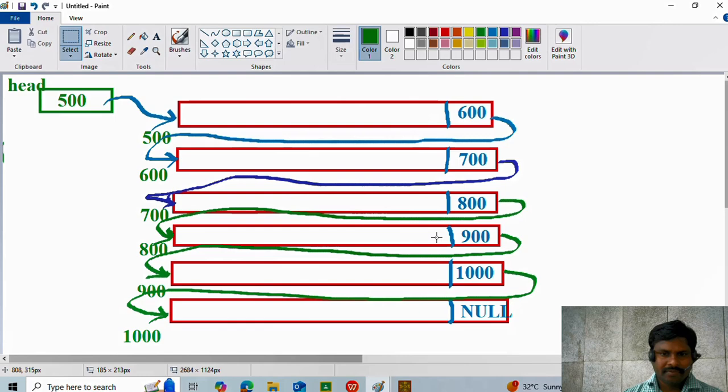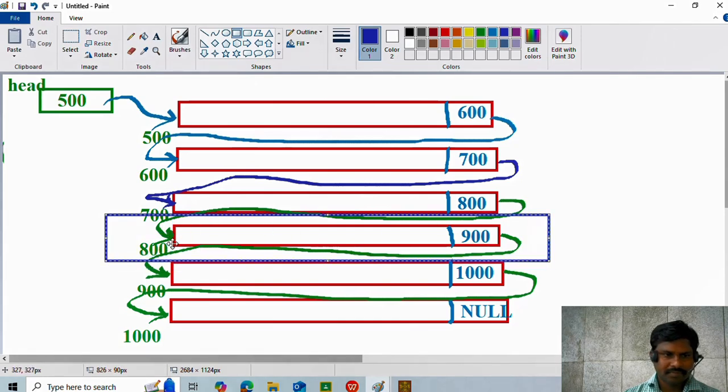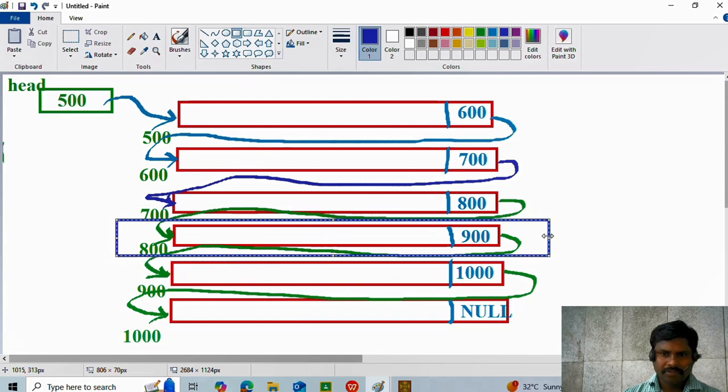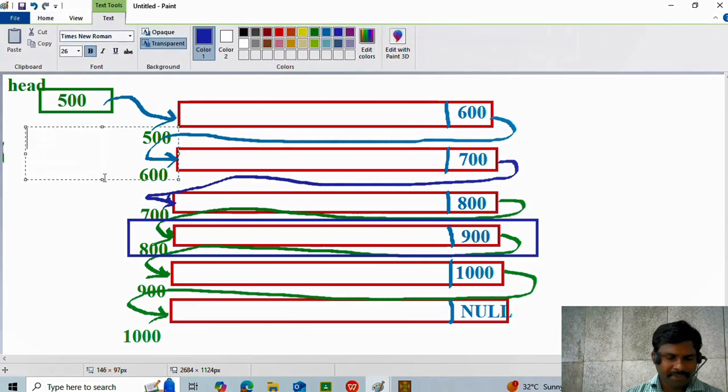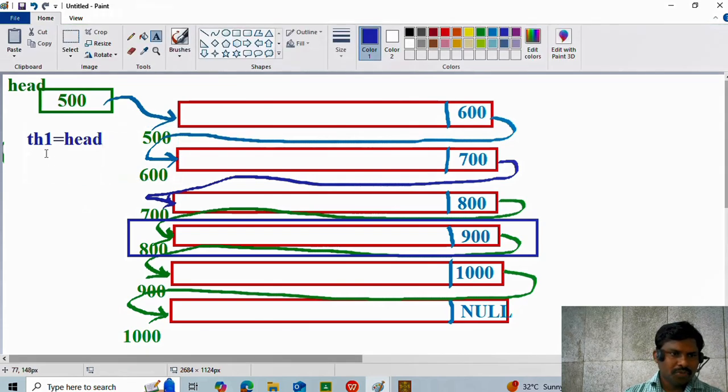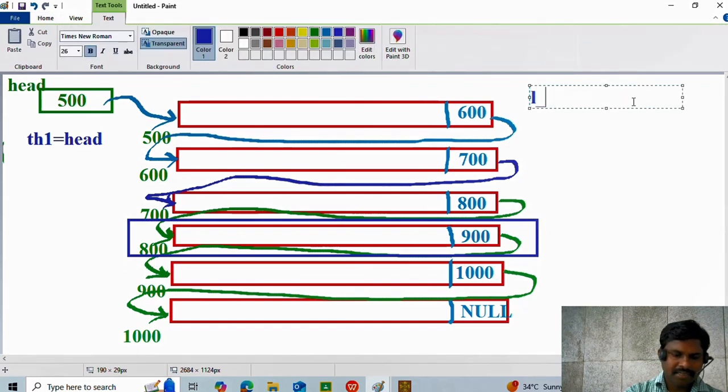so link number 4. In this case here I want to delete the link number 4, this one. So I want to delete this node. Here you have to enter the link number. Here, as in insertion, you have to take the same, you have to move 2 temporary heads, th1 is assigned to head, then you have to move the th1 to before this node, before. Here I want to delete link number 4,